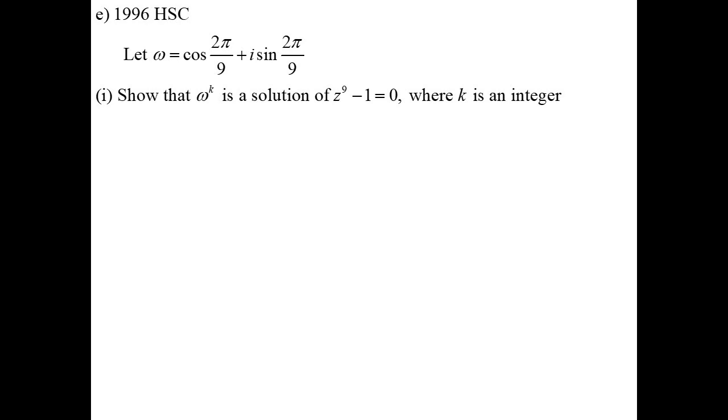Here's an HSC one, a very old HSC one, mind you, but here it is. We were told that omega is this specific one: cos of 2 pi on 9 plus i sine 2 pi on 9. Show that omega to the power of k is a solution. That's similar to what we just did earlier, so I'll do it the same way. So z to the power of 9 is equal to 1. We know that. So z will equal cis of 2 pi k on 9, where k is